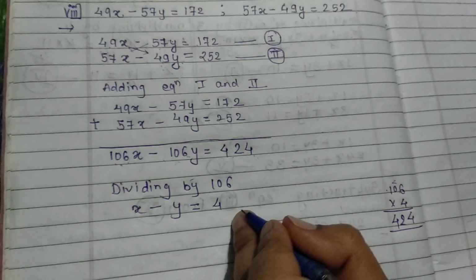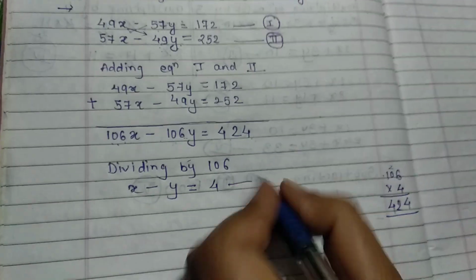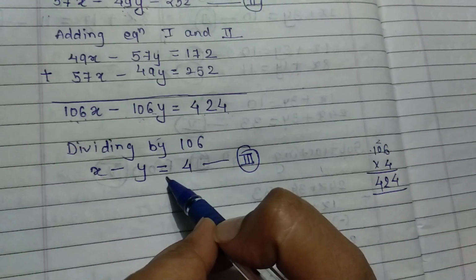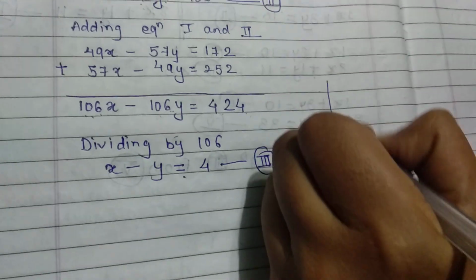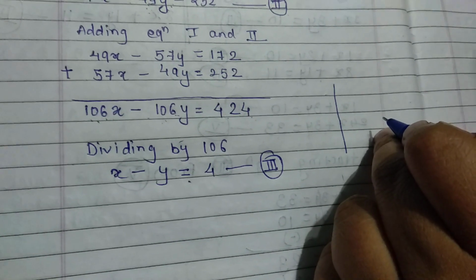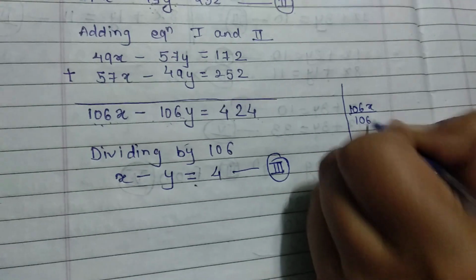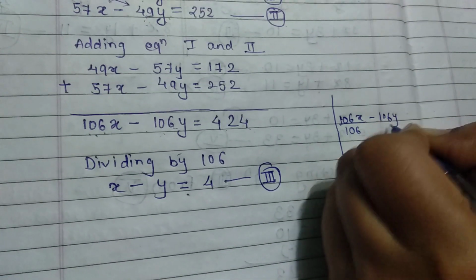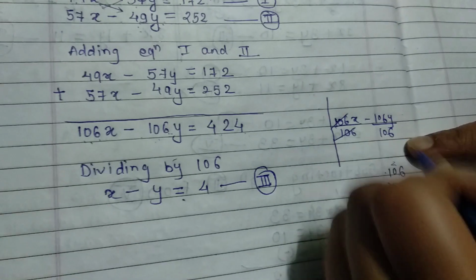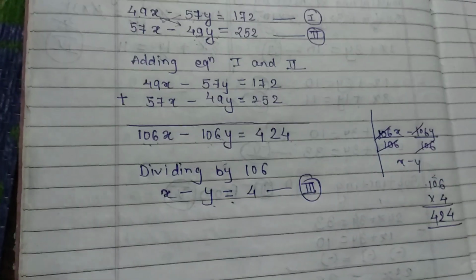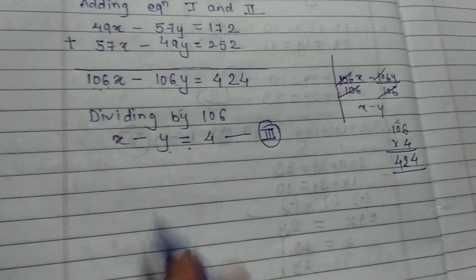That equation, since the first and second are already there, we are going to say it is equation number 3. How did x minus y come? I will explain that here. It is the rough calculation you have to do on the back side. Clear? So here 106x upon 106 minus 106y upon 106. So 106 cancels. What is remaining? x minus y, and that's why here we get x minus y. So it is the first method, that is the add.